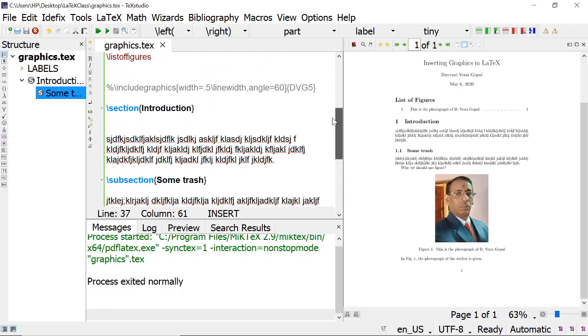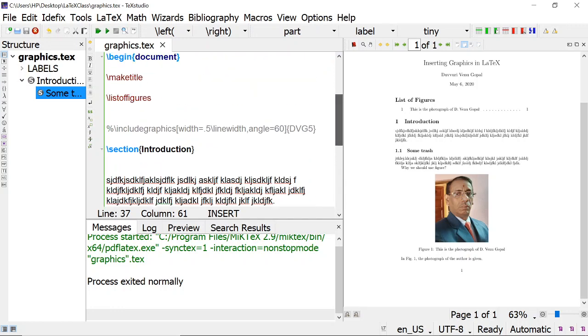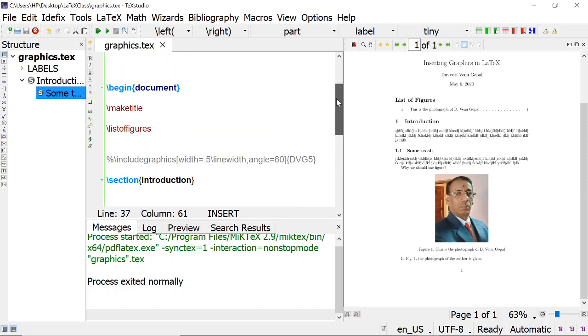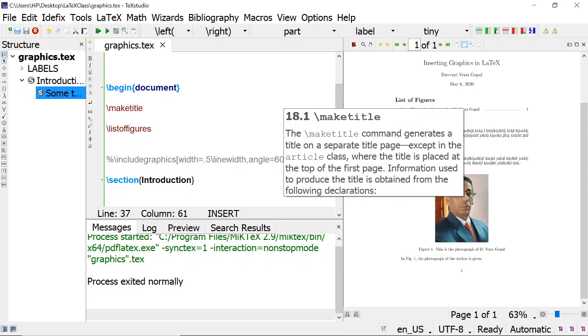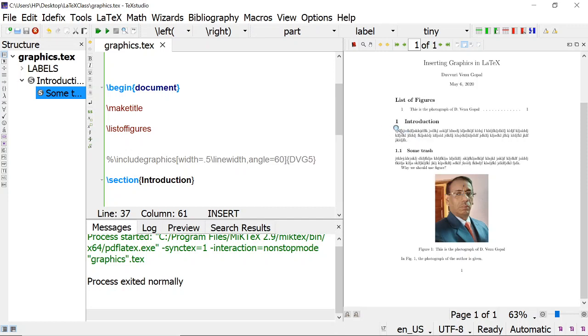Like this, you can insert any number of figures. And there are other small packages also, like the pair of pictures, like that. Using that, you can give your figures in the margins also.